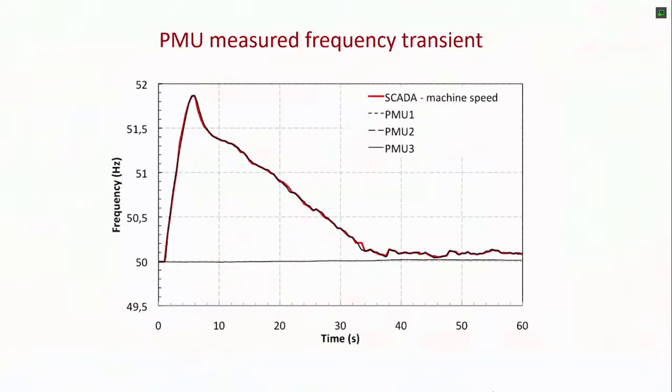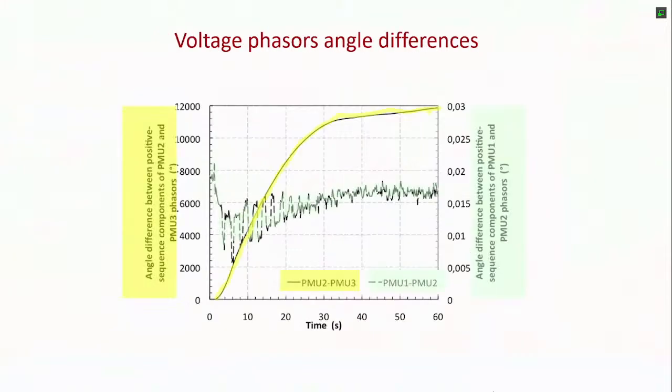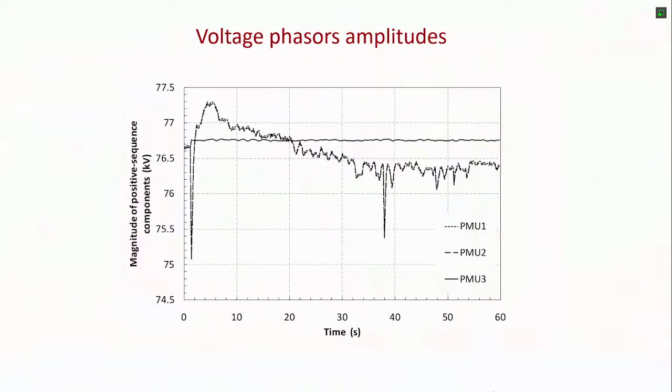So this is the frequency. You see this is also the comparison with the SCADA, the machine speed in this case, and then these are the angles between the PMUs at the terminals of the circuit breaker, and these are the PMUs at the terminals of the cable. So you see some difference, but it is limited. This is the amplitude of the voltage, and then the reconnection, so a monitoring,